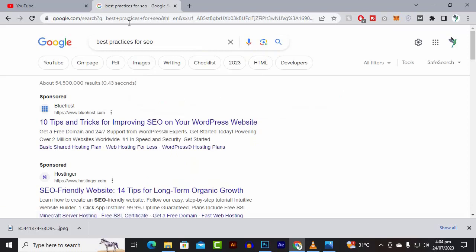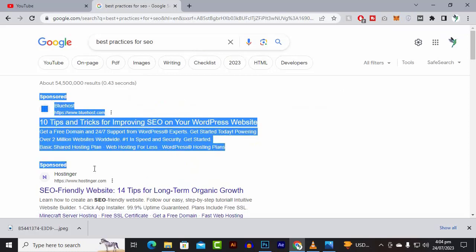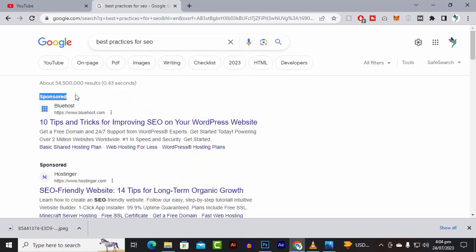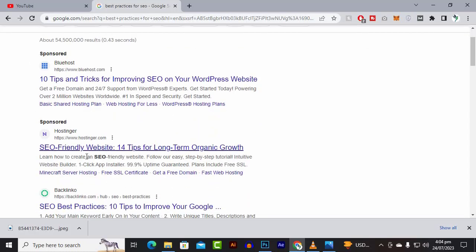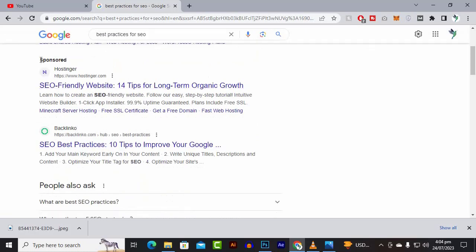Now for this keyword, you can see that we have the sponsored results on the top, and these are paid ads which are actually not SEO optimized, but they are on the top because they pay Google, so that's why these ads are on the top.